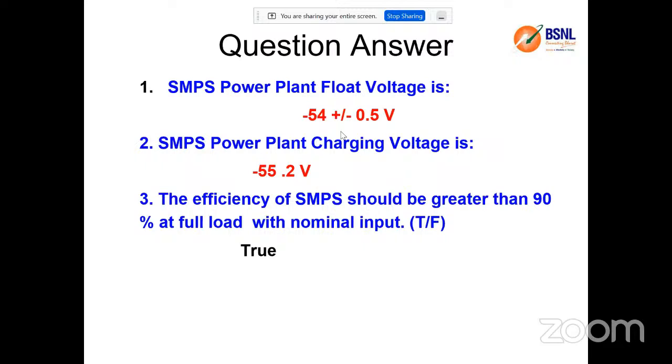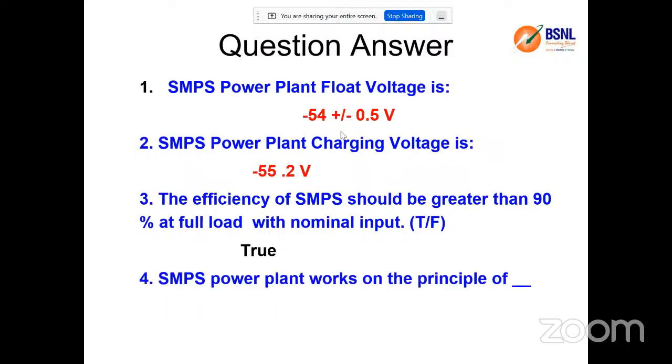Like, as I said, if you are having a car, they will say that if you are riding around 75 to 80, you will be getting the maximum efficiency or maximum mileage. If you are crossing more than 100, though the speed will be more, the diesel consumption will be more and the mileage will be lesser. So like that, if you are operating at least at 90% of the full load, you will be getting the maximum efficiency.